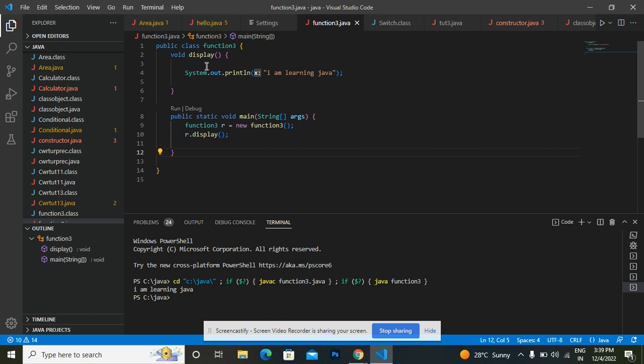method to display our result, system.out.println. I am learning Java. So here by main method, the execution of our Java program always starts from the main method. So here function r equal to new function, we have made the object of the class, and r dot display is for calling the function. So in this way we have